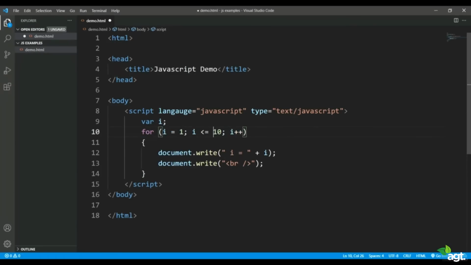If this condition is satisfied, only then the control will come inside the loop body, and these set of statements will get executed, where I am just printing the value of i along with breaking the line. Once all the statements of this loop body have executed, the control will go to the increment part, and it will increase the value of i by 1, meaning 1 will become 2, and again before entering the